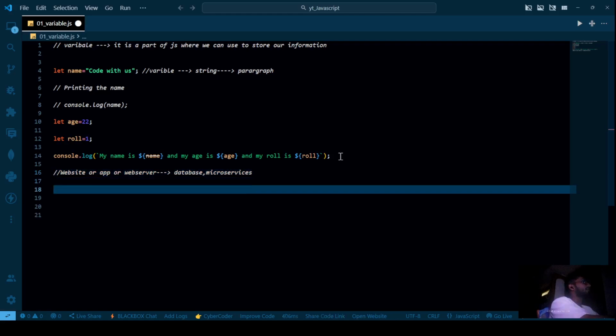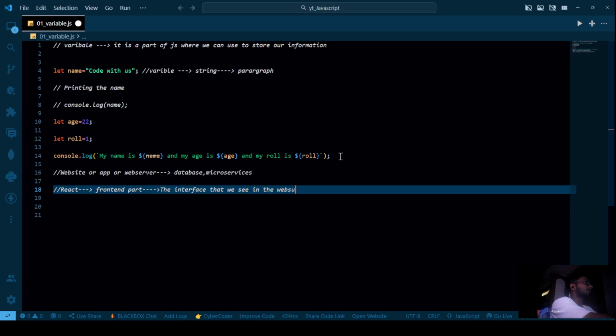And we get the update that is React. React basically does what? It does the front end. And what is the front end? The front end is basically the interface that we see.